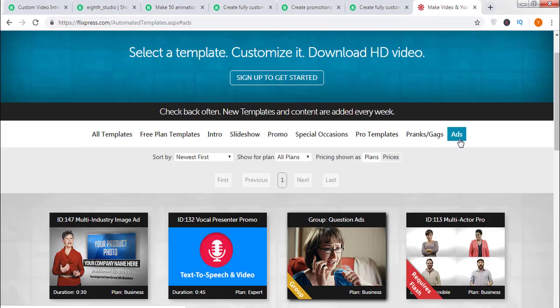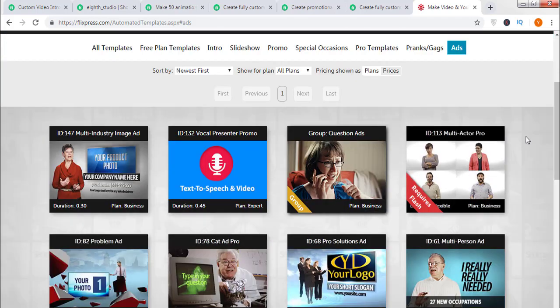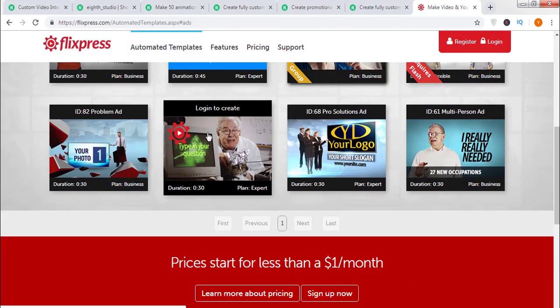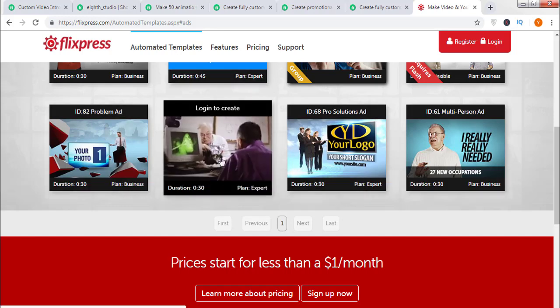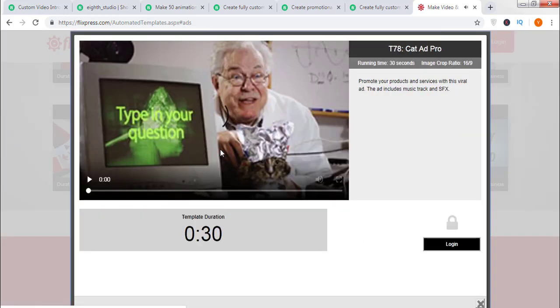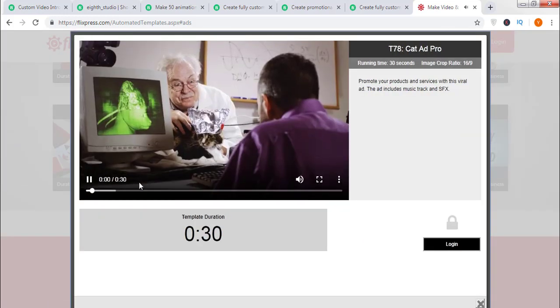And for video ads, you can get the templates from the ad section. But one thing I want to show, if you move to the ads, just look at this template. This template got very popular in the past few years, and I have seen a lot of sellers on Fiverr who were selling only this template. So just click on it, and now watch this template.